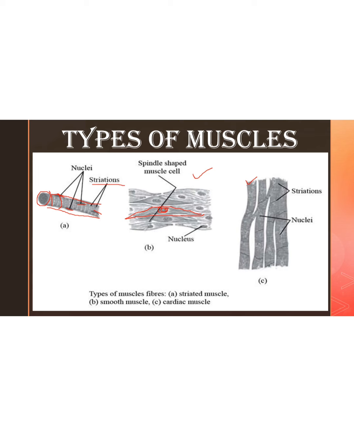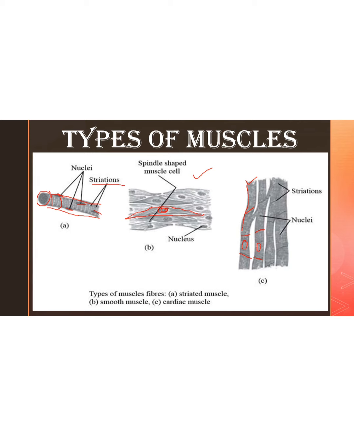Okay, so here you see even these are striated muscles because of the presence of these striations, which you all can see. These are the dark and the light bands, and in between these striations you see only one nucleus is present. So even these are uninucleated muscle cells. Okay, so I hope you understood the location and the structure, and the other things we'll talk about in the next slide.